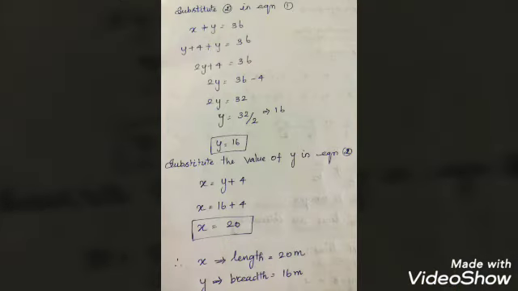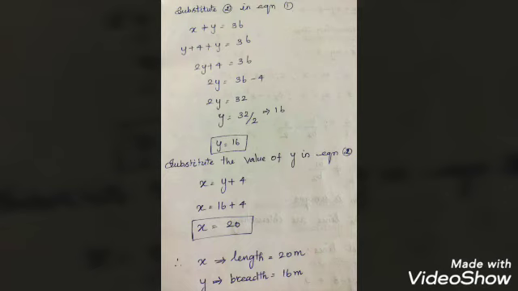Okay. Next substitute the second equation in your first equation. X plus y equal to 36. Instead of x we are going to substitute y plus 4. So y plus 4 plus y equal to 36, y plus y, 2y plus 4 equal to 36, 2y equal to 36 minus 4. So 2y equal to 36 minus 4 will give you 32. So y equal to 16.